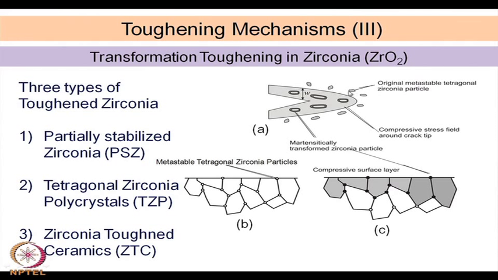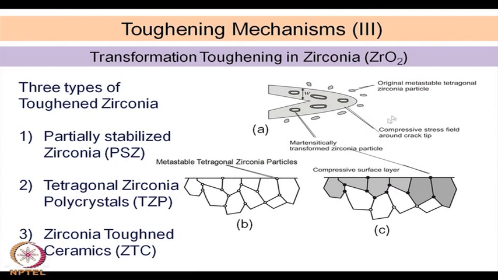Okay. So, you have a metastable phase, and when the crack is trying to propagate, you generate a stress. That stress transforms, a phase transformation takes place of the metastable tetragonal to the stable monoclinic. That transformation also induces some stress, compressive stress, because of the volume change, and as a result, everything together, there is a compressive stress created ahead of the crack tip. So, it is a very interesting phenomenon which happens in a partially stabilized zirconia phase,